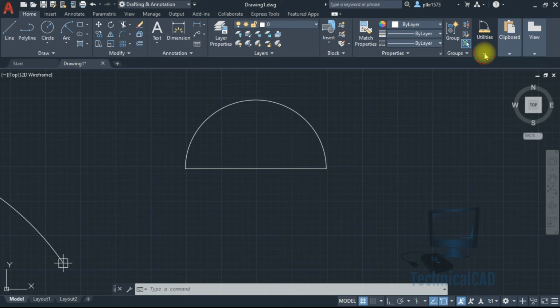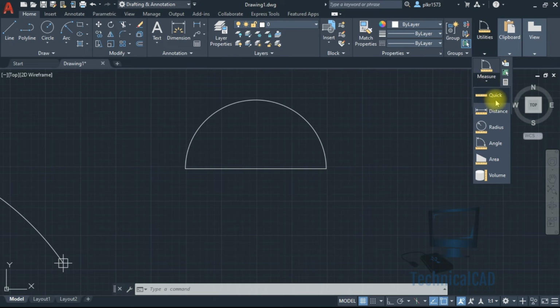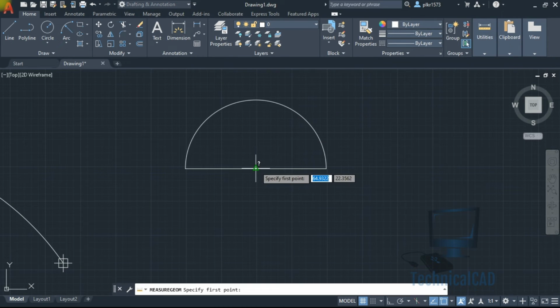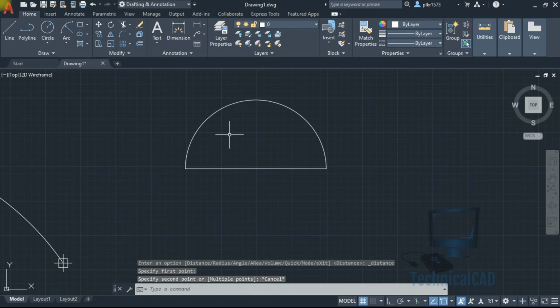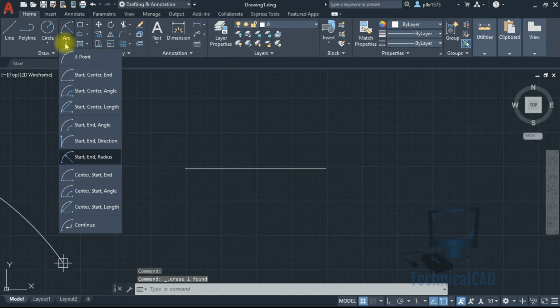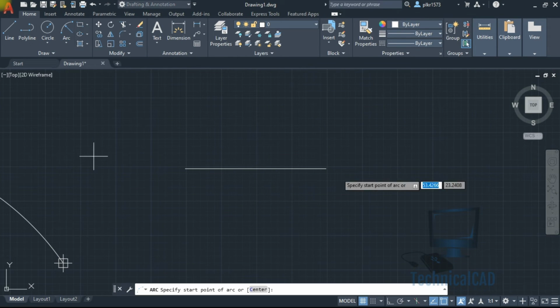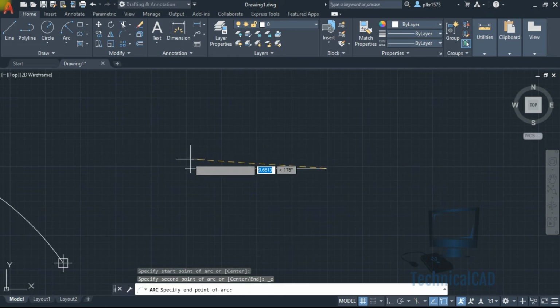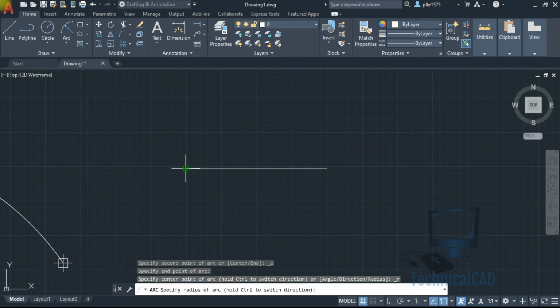If you give 5, you can get the distance here. I mean, from the center point to here it's 5, that's why it came at 180 degrees. Suppose if you give around 3, let's check. Start, end, and my radius will be 3 mm.